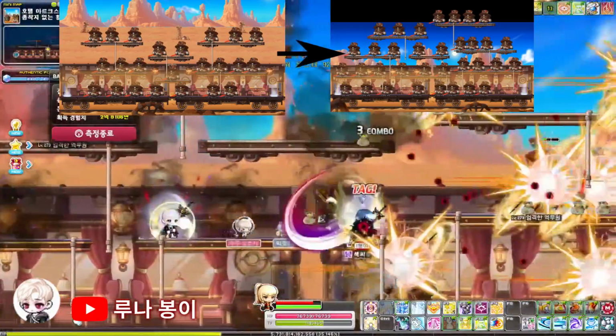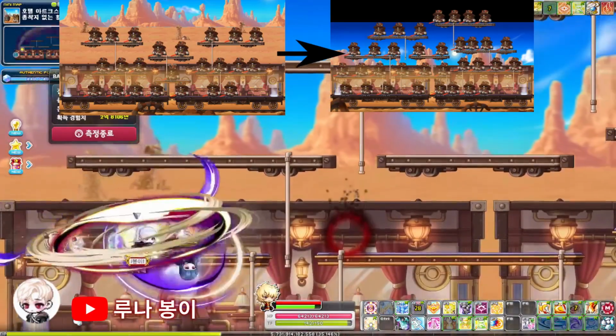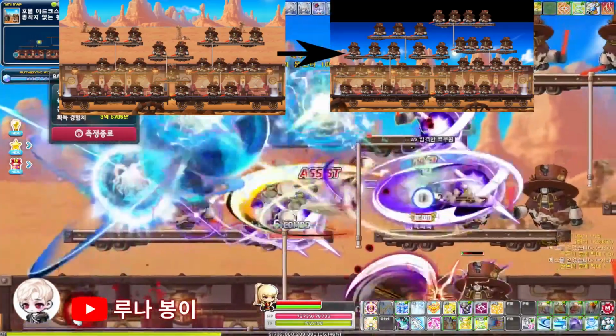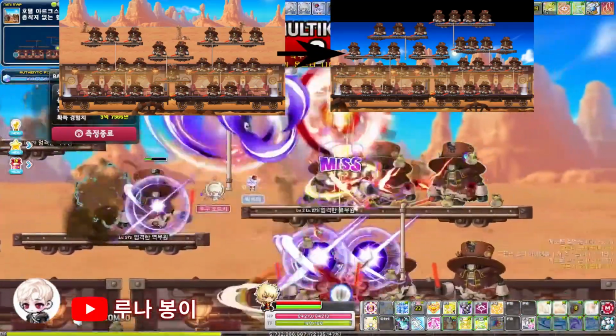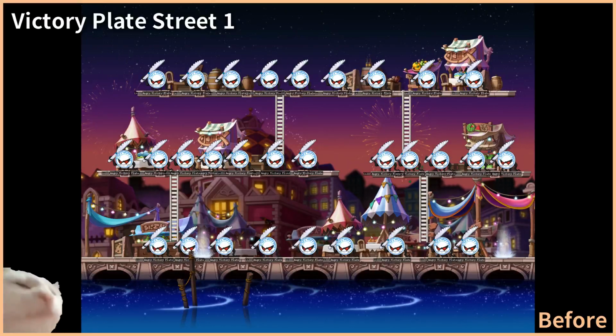Many map layouts have been improved, most notably all the low mob count maps have been buffed. So for example, Train 1 in Arcus becomes a decent map, as you might have seen in my training guide. Other maps that changed are Victory Plate Street 1 and 2,